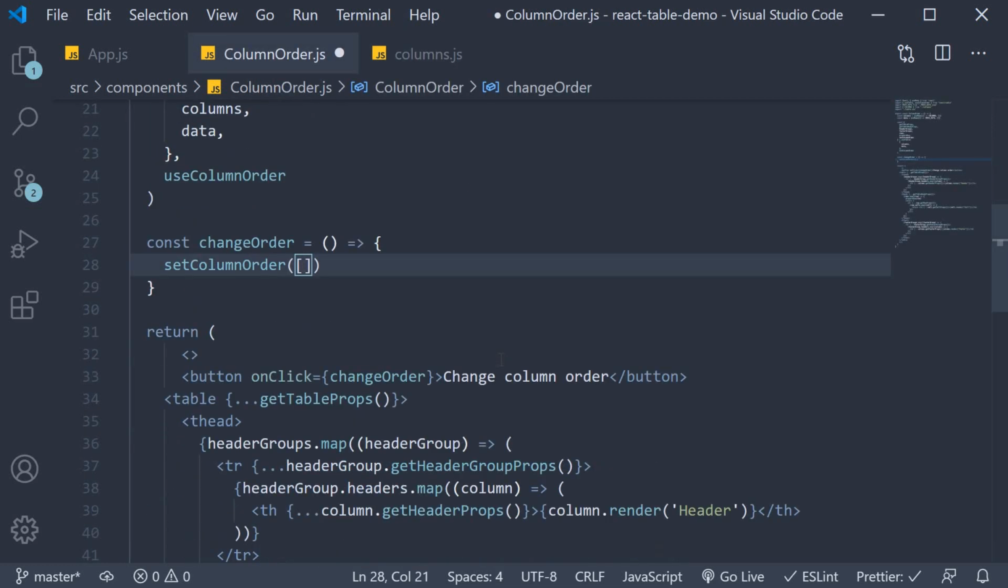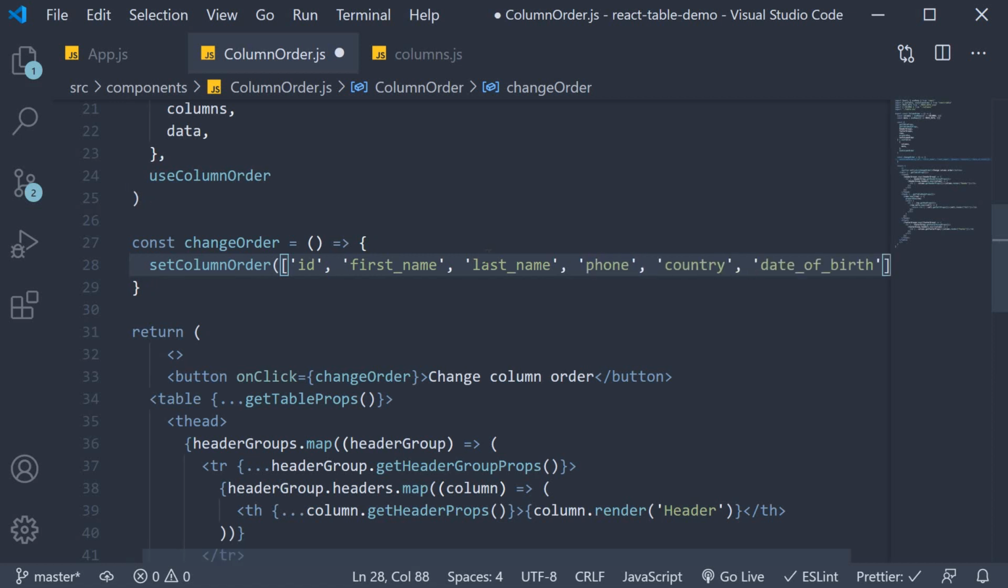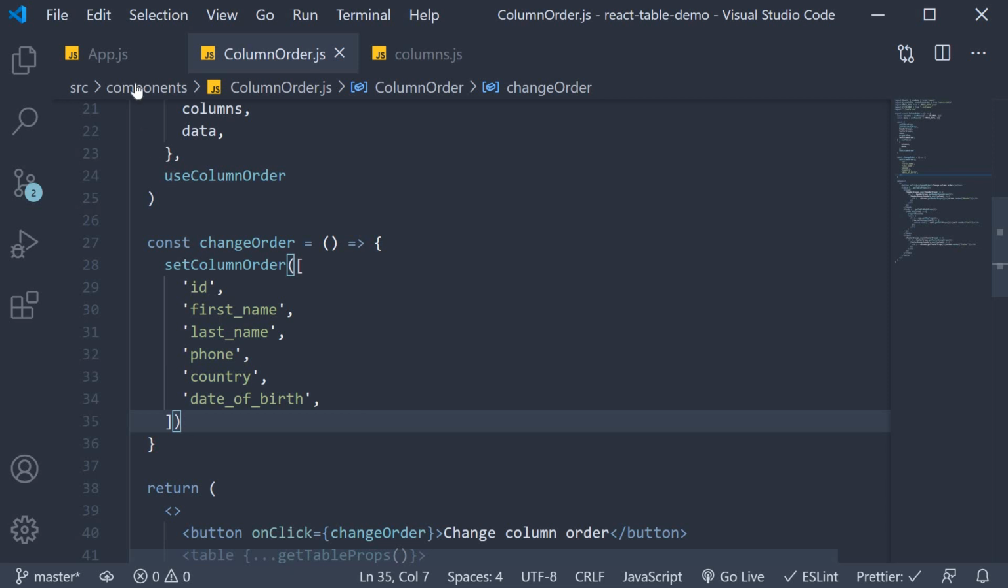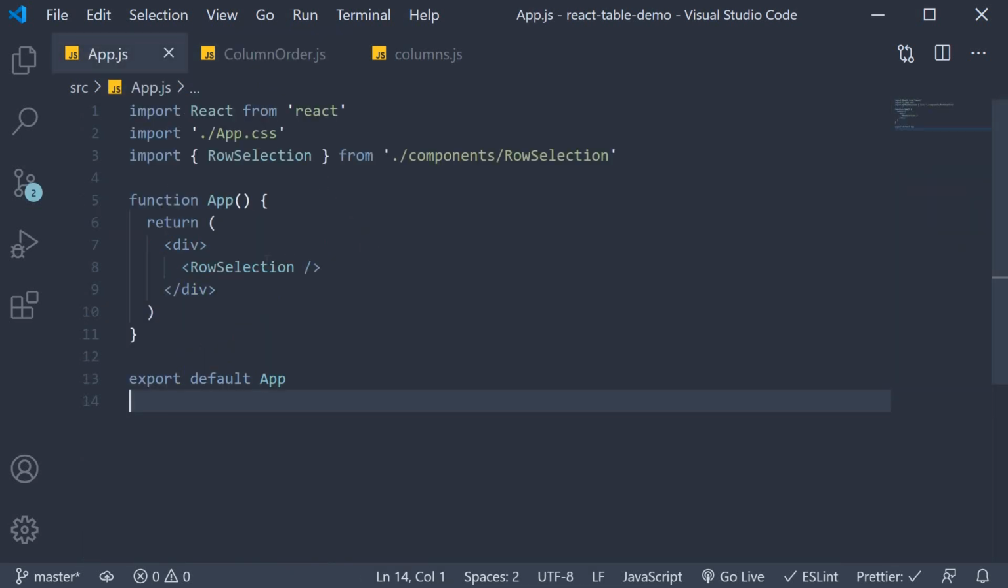So back in columnorder.js, to the setColumnOrder function, I'm going to pass in the IDs. ID, first name, last name, phone, country, date of birth. If you observe, I have left the first three columns in the same order and changed the order of the last three columns. If you now save the file, include it in app.js,